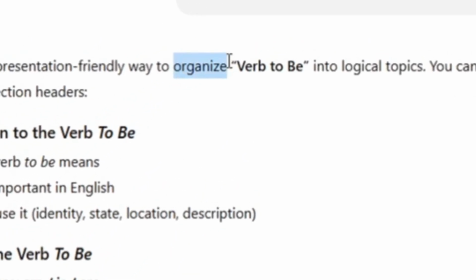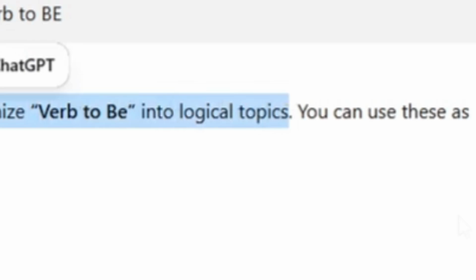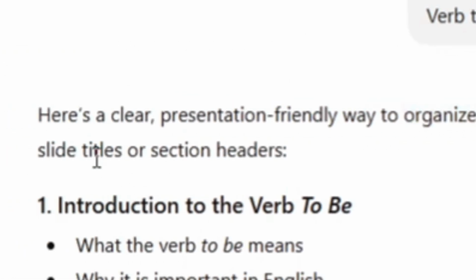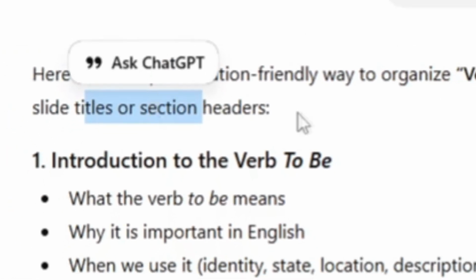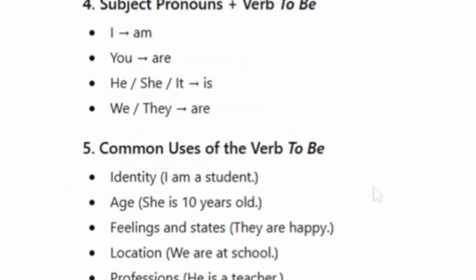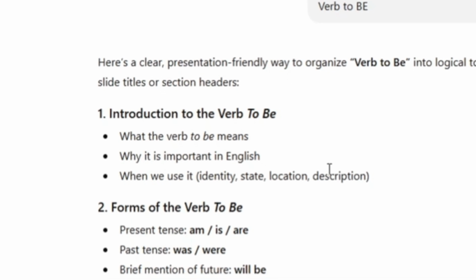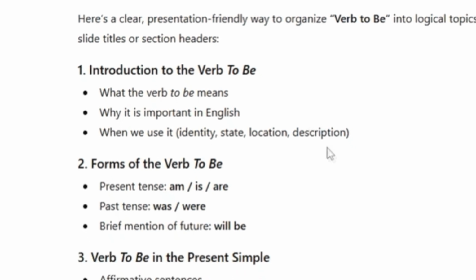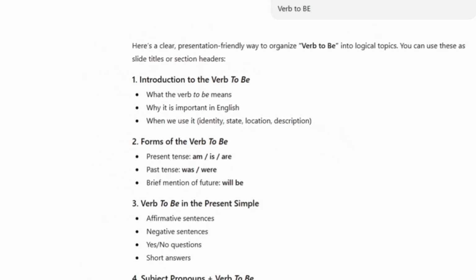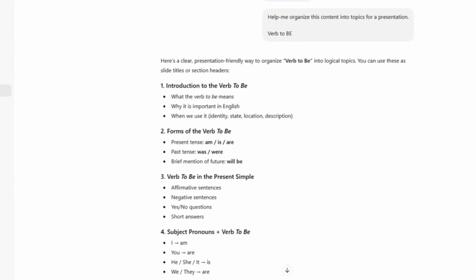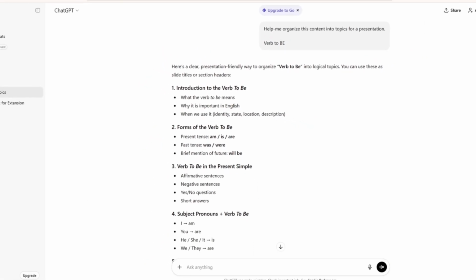It organizes the verb to be into logical topics, and you can use those as slide titles or section headers. So it's all right here. It will give you a head start over another person that doesn't use ChatGPT. Okay, for studying, you can actually ask things like: create a 7